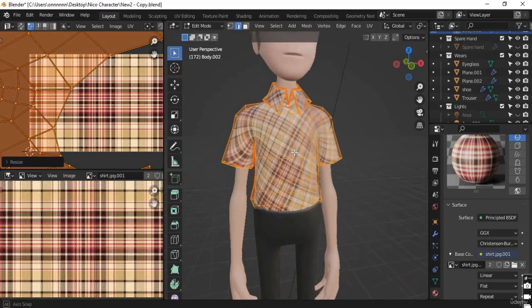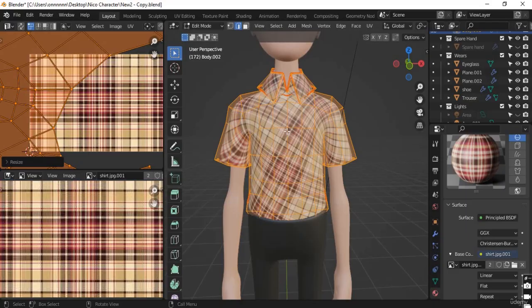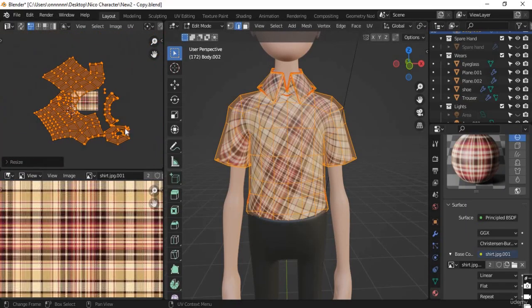Okay, now notice how our shirt is going in different directions here, and this is something we really need to